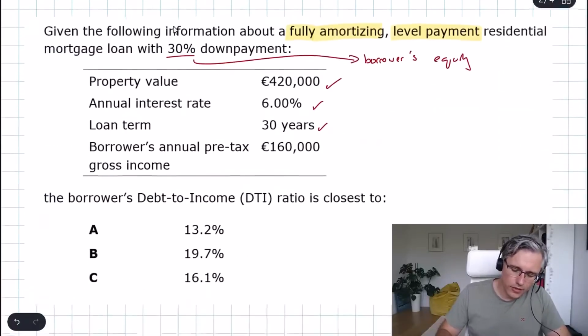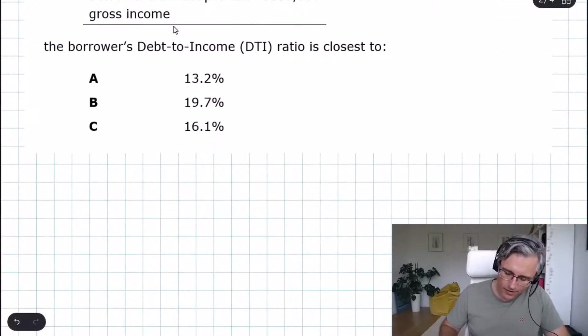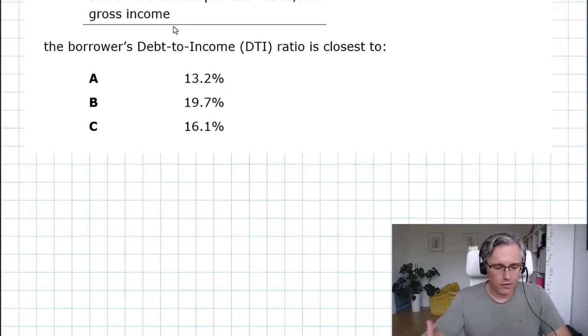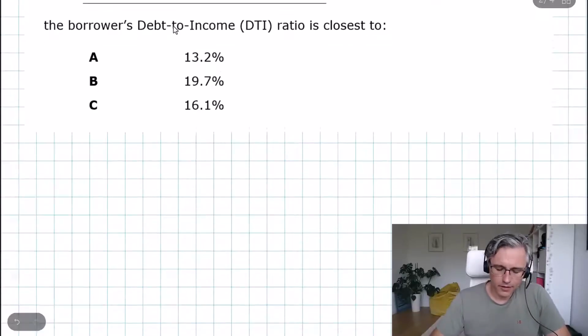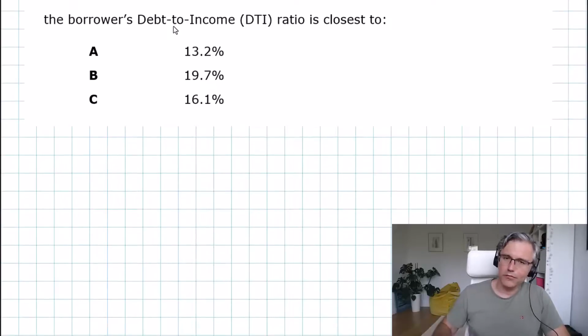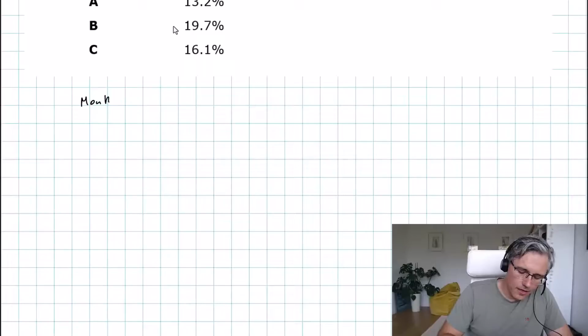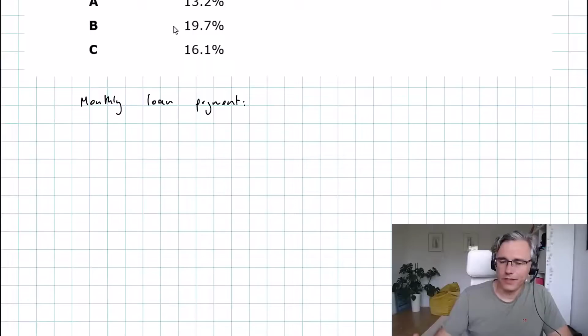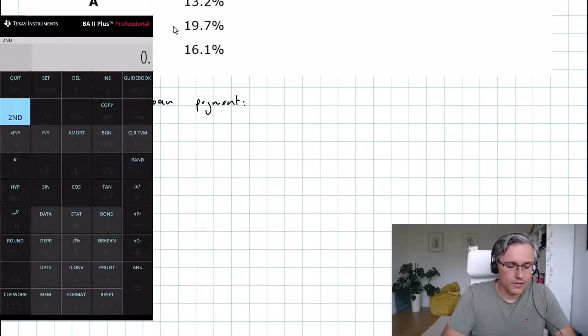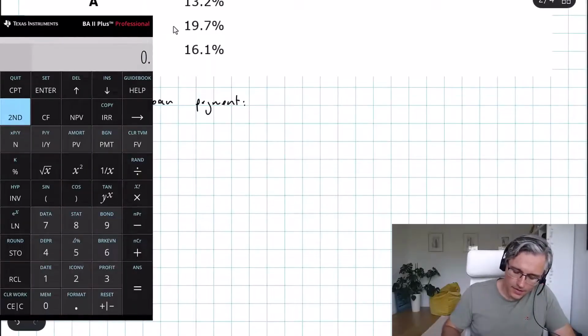To be honest, in the questions that are in your curriculum, they typically provide you with this, but I think it's a good idea if you are able to calculate it. I see no reason why they shouldn't test you on this. So how will we get that monthly loan payment? Remember, it's an equal monthly amount. It's like an annuity. So it makes perfect sense to compute this using the time value of money worksheet on our calculators. Clear second FV, and now let's get the inputs.